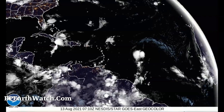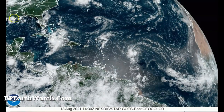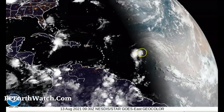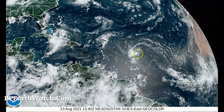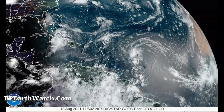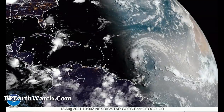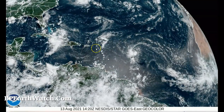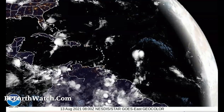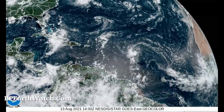This is current as of 10:29 a.m. Central on my clock now as I'm speaking. Here is number 7 right there. It's predicted to strengthen. There's not a lot to inhibit it, again, until it starts to impact Puerto Rico, Dominican Republic, and Haiti. The smaller islands usually don't do these storms much damage, but it is tracking just a little north. Once it goes through the